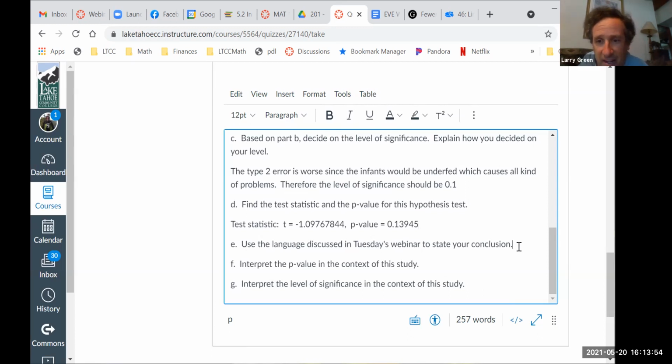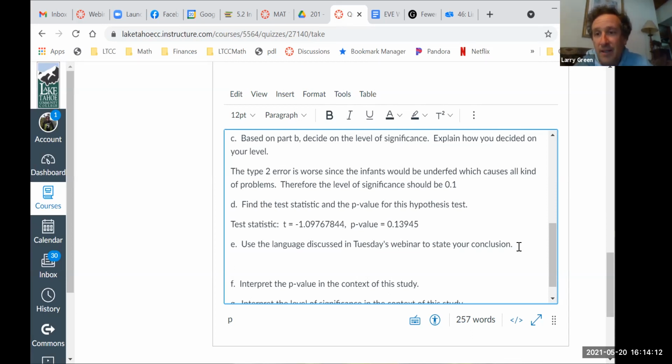Okay, use the language discussed in Tuesday's webinar to state your conclusion. What are the first couple words? Always for the conclusion, first two words is? Yeah, there is, and then statistically. And now the p-value is about 0.14, which is bigger than 0.1. So that means there's statistically insignificant evidence to conclude that, okay, and now